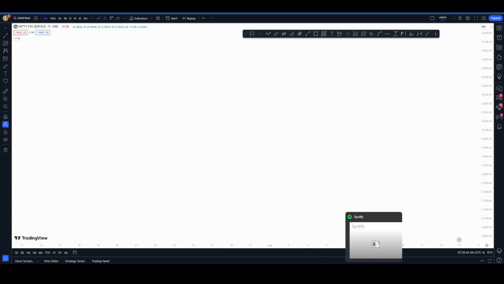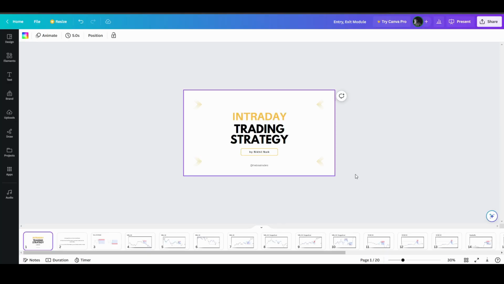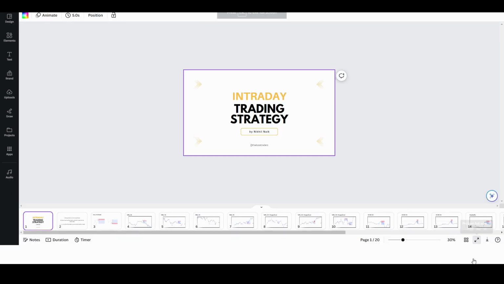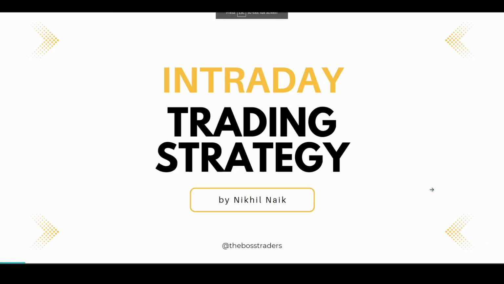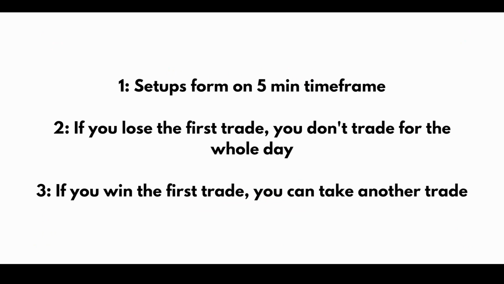of character. So we are going to use this strategy only to identify and take our entries and exits in markets. Okay, so here are the rules on which time frame you are going to use this strategy, and how many trades you are going to take per day एंड अदर क्राइटेरियाज ऑल्सो। सो ये सेटअप्स में हम सिर्फ 5 मिनट टाइम फ्रेम पे ही काम करेंगे। 5 मिनट टाइम फ्रेम एज इन यू आर गोइंग टू यूज दिस टाइम फ्रेम फॉर योर एंट्रीज। ओके, एंड आपका एनालिसिस जो रहेगा, विच इज़ वो हायर हाई हायर लो मार्क